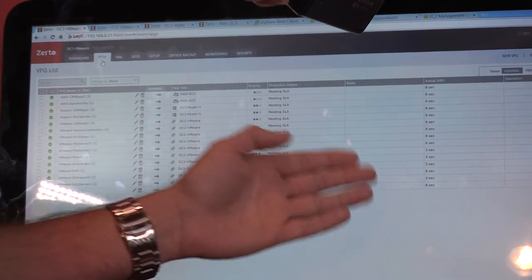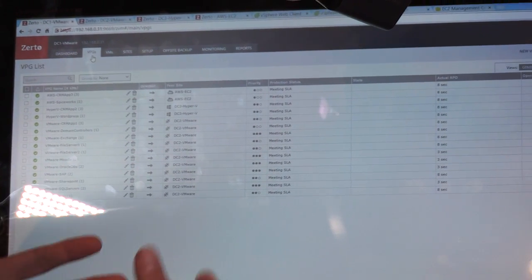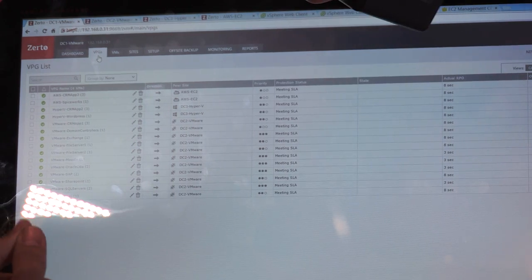So let me quickly get you an overview. As I told you, you can see where you're replicating to. We can see the actual RPO at this time, and we can also meet an SLA. So you can put an SLA on the VPG, stating that, okay, I want to achieve this RPO, I want